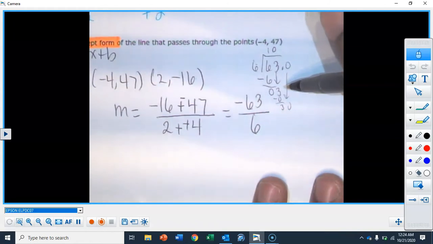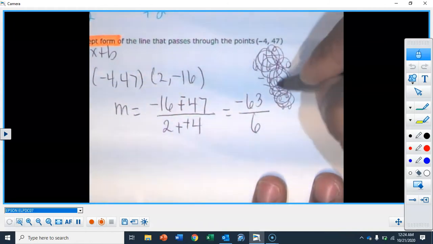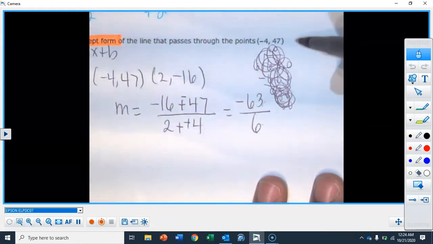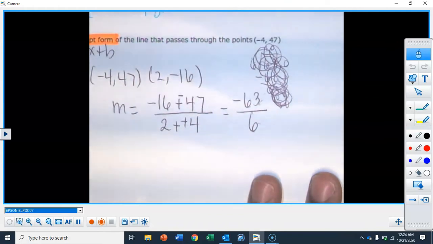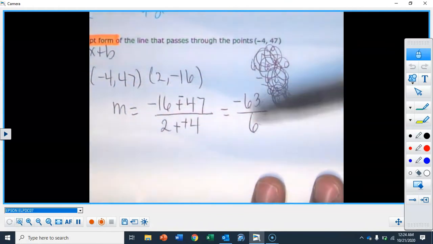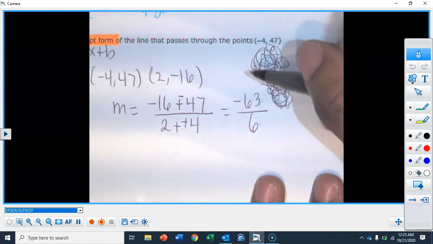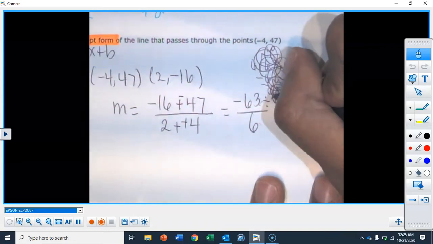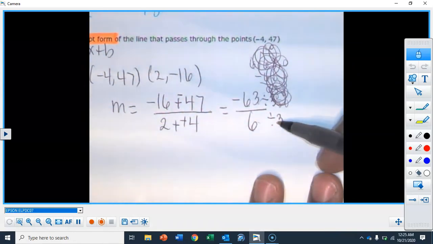Oh, don't ask me why I'm doing division. Let's leave it as a fraction. I just thought this could go in there evenly, and it doesn't. It just doesn't, because if it was 60, it would go in there 10 times. Yeah. So sorry about this. I had a little brain freeze. We just reduce it. So what number can go into both of those? I'm going to say 3. So if I divide this one by 3 and divide the bottom by 3, again, I'm dividing by 3 to both of those.